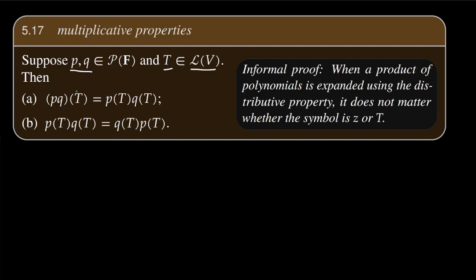That is, the product of polynomials applied to T is the same as the first polynomial applied to T and the second polynomial applied to T multiplied together. That is, you can either take the product of the polynomials first, then plug in your operator, or you can plug in your operator into each one and then take the product of those operators. All right, cool. Well, the other one says, hey, look at this. Since polynomial multiplication is commutative, if the polynomials have coefficients in a field, then so is the multiplication of those operators. This is actually kind of cool if you think about it for a second,